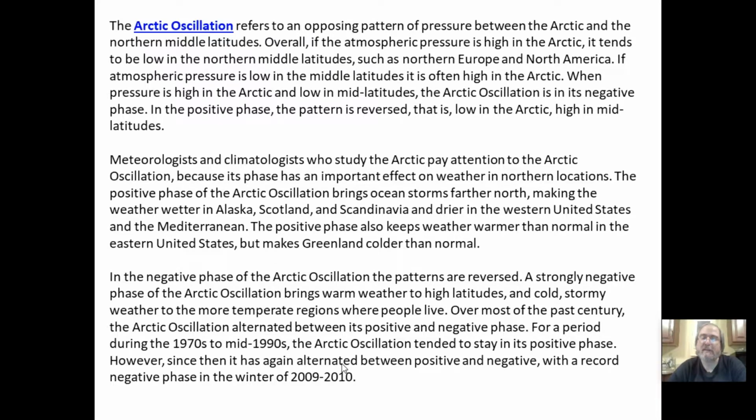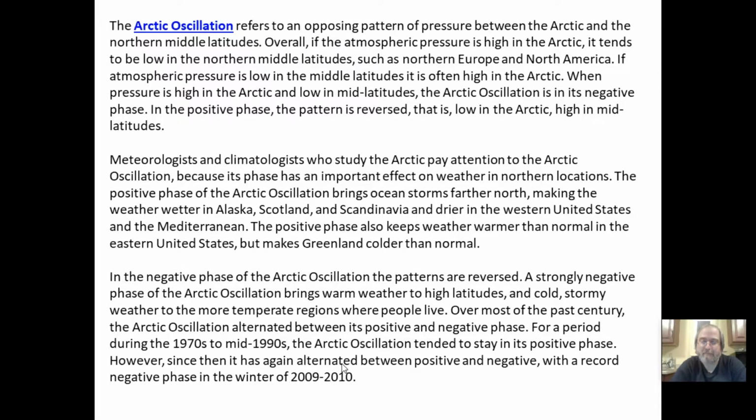The positive phase keeps the weather warmer than normal in the eastern U.S. and makes rain colder than normal. In the negative phase of the AO, the patterns are reversed. A strongly negative phase of the AO brings warm weather to high latitudes, and cold, stormy weather to more temperate regions